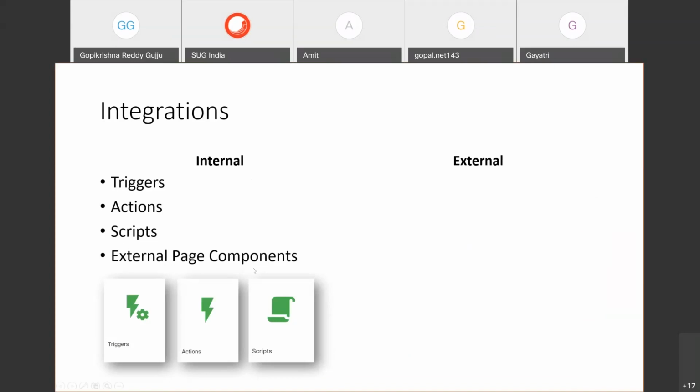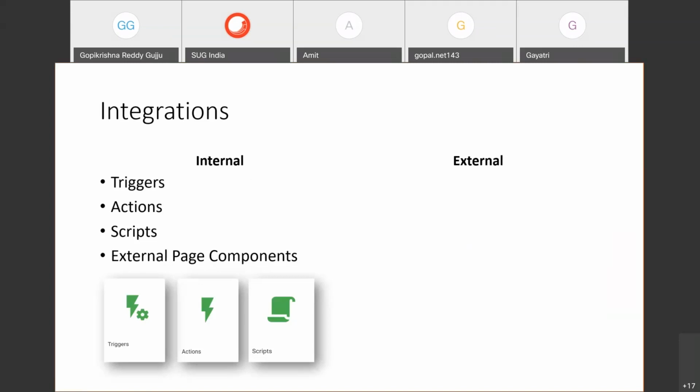External page components are, as I said before, used when you want to do some processing and show the information to the end user and the pre-built components do not suffice. Even though the name is a little tricky, it can be internal as well. It is not going external. It is processing internally only and showing the results. But it can hit external APIs and fetch information as well.